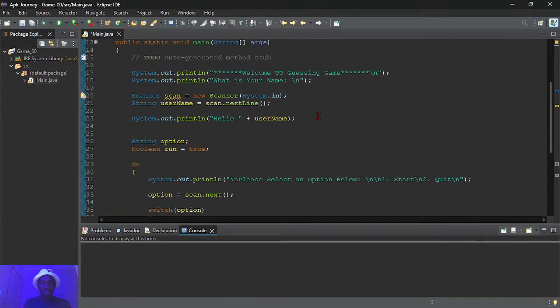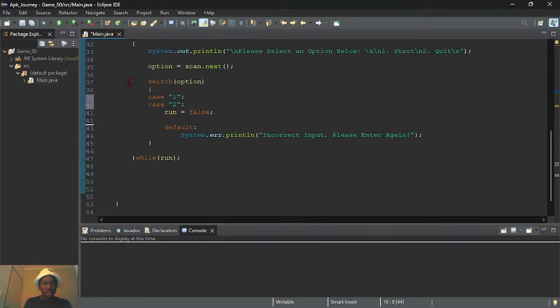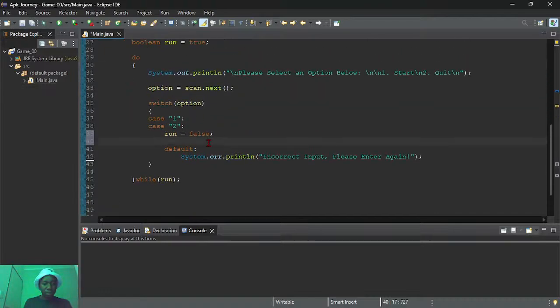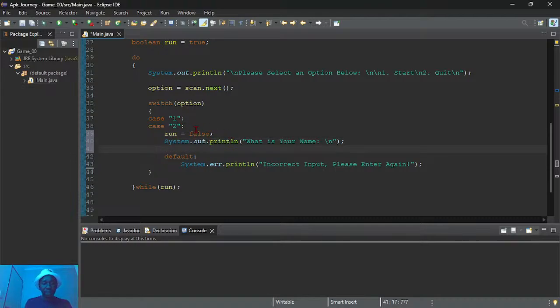Let me just copy this one. Now when the user inputs 2, the game is going to break, and then it's going to output this message.